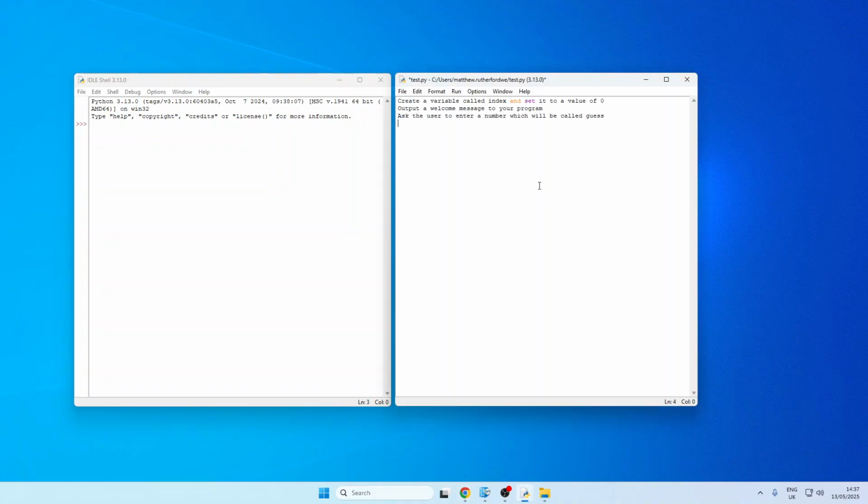Create a variable called index and set it to a value, output a message, ask the user to enter a number. So all we're going to do with this, we can see here the variable is going to be called index, and it needs to be set, so we're going to assign it the value 0. We can then output a welcome message, so for that we're going to use the print command and go, hello, this is my welcome message,